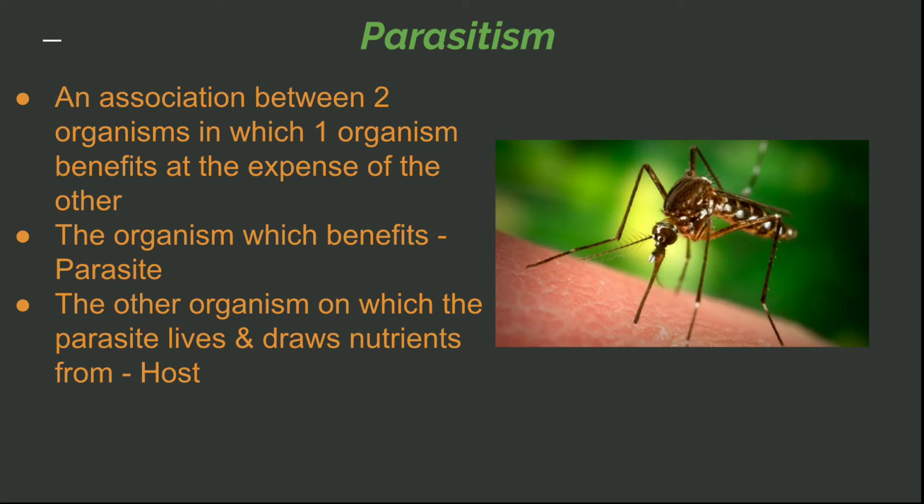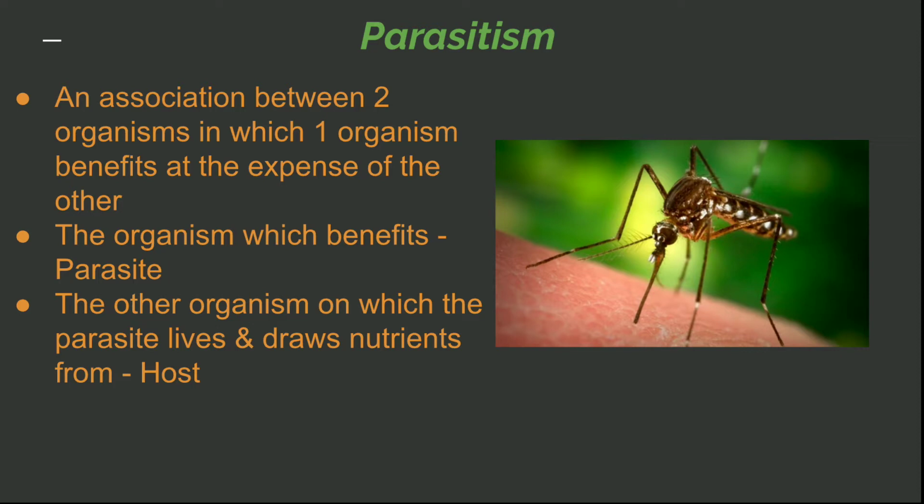Today I am going to continue with the ecosystem chapter according to ICSE syllabus class 8. In my last video I discussed the ecological pyramids. Then I discussed symbiosis, the relationship between the abiotic and the biotic components. Now I'm going to start another relationship between the biotic components, that is the parasitic relationship, that is